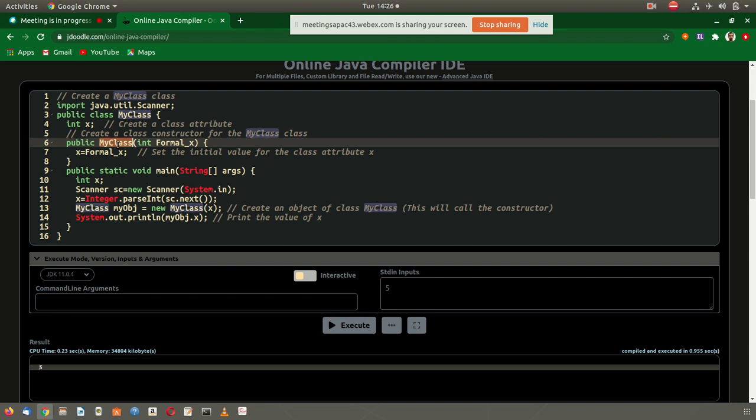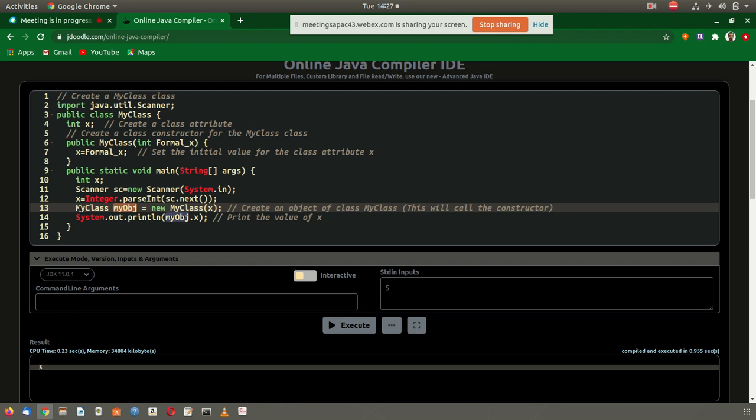So what is an object? An object is the variable of a class. Like every data type has variables, an object is a variable belonging to a class data type. What is a class? It is an abstract data type. In this example, MyClass is the class data type, and the variable or object is this obj. It is the declaration of the object.